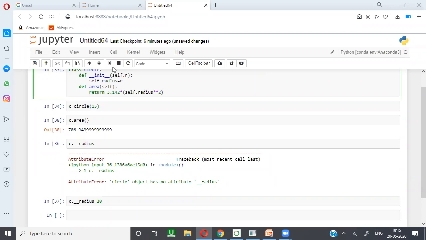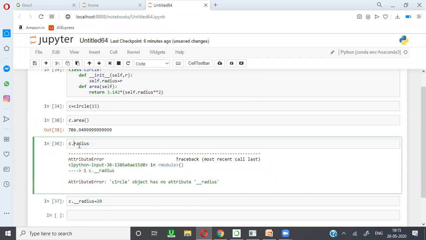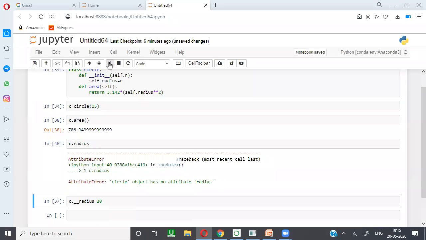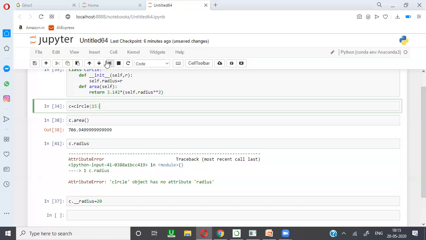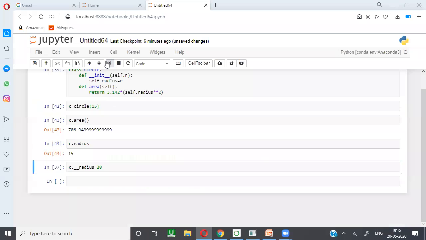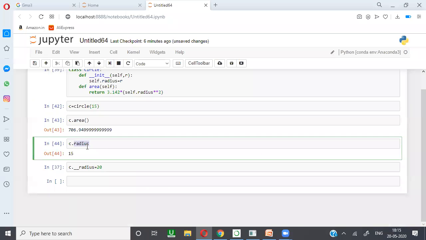So when I execute here and create the object, now it is getting the value. Earlier, with double underscore, it was not getting it. So we are restricting the variables.